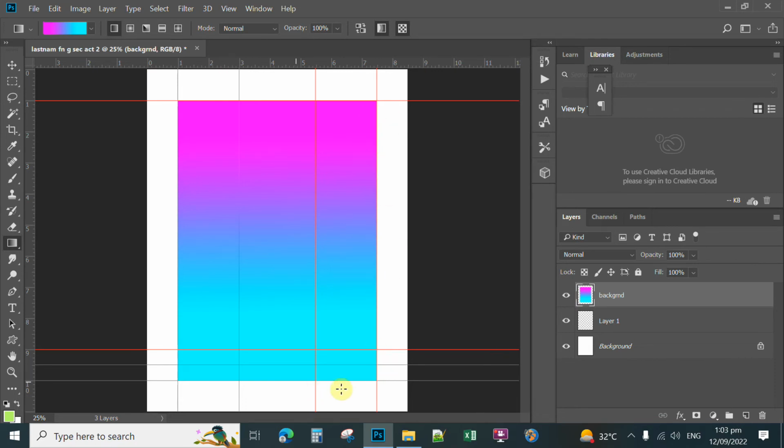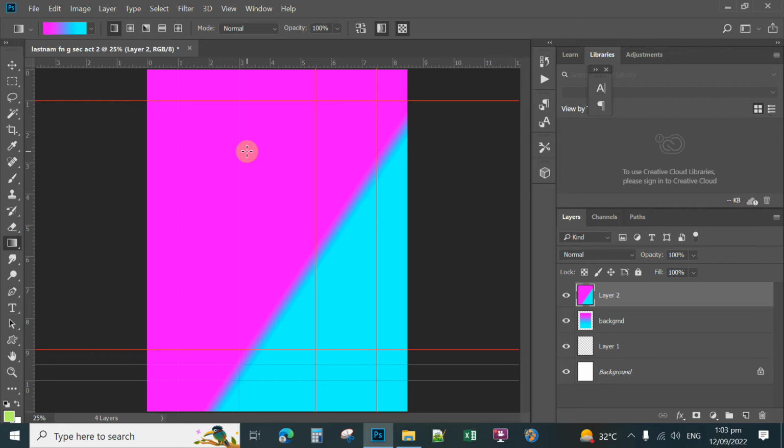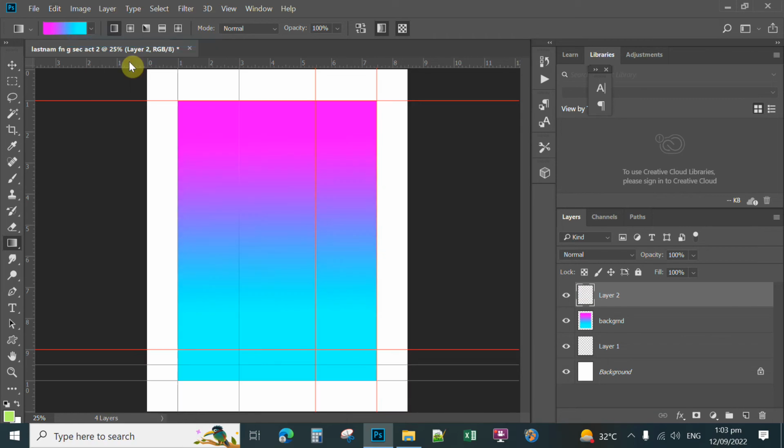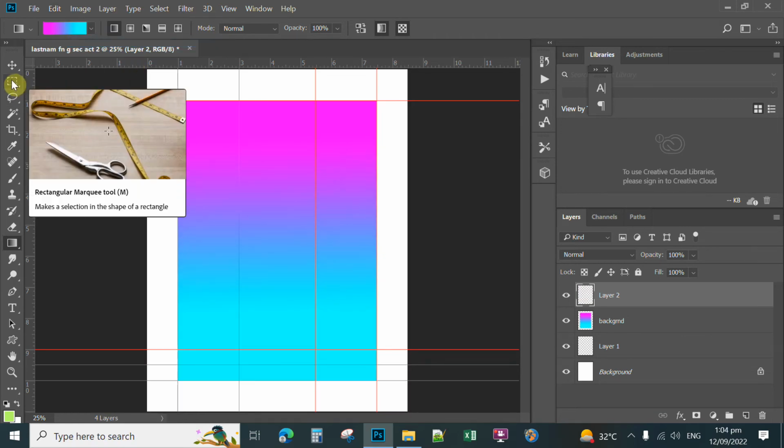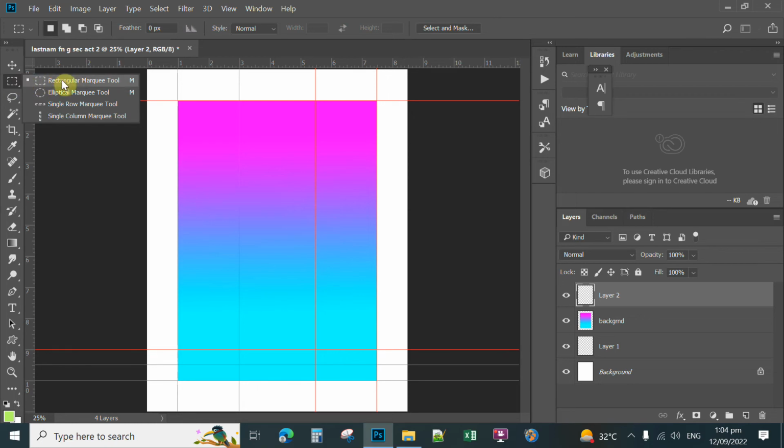Okay, this time I want you to create another layer. Create a new layer at the top of the background. I know your active tool now is gradient, so we're going to press Edit, and then I am going to step back. Make sure that you select the rectangular marquee tool by right clicking, or if it's active you simply click, and then make sure that Snap is checked here under View, and then you make another color here